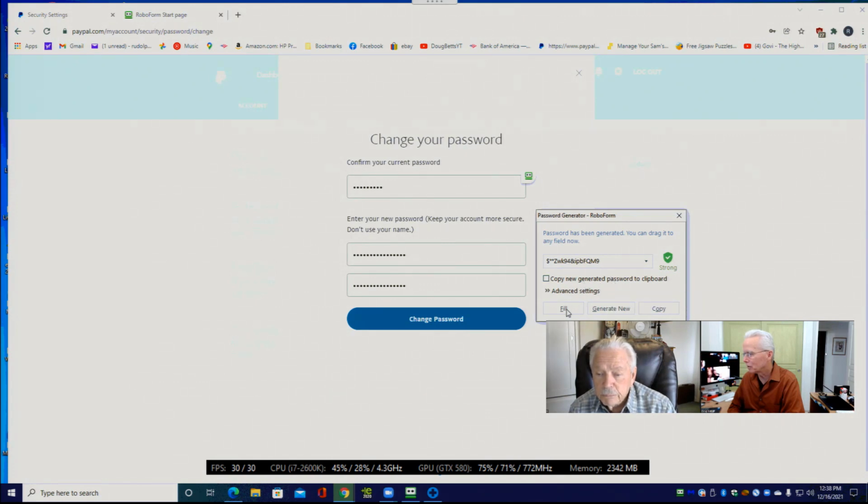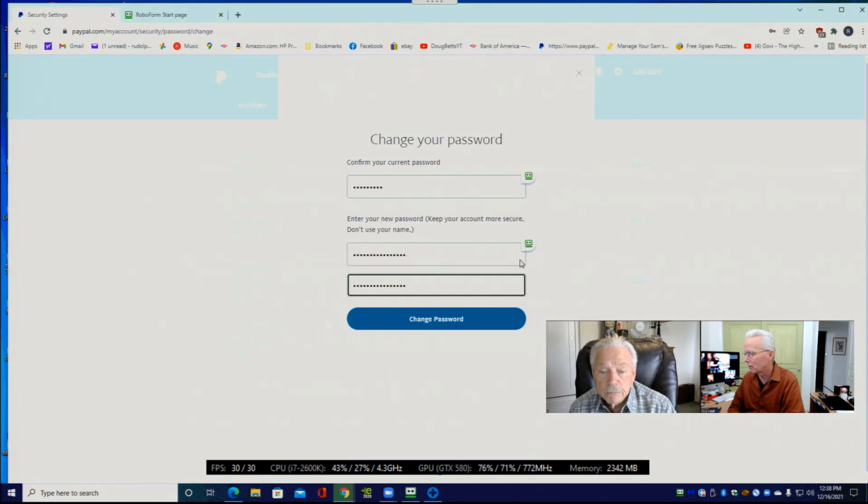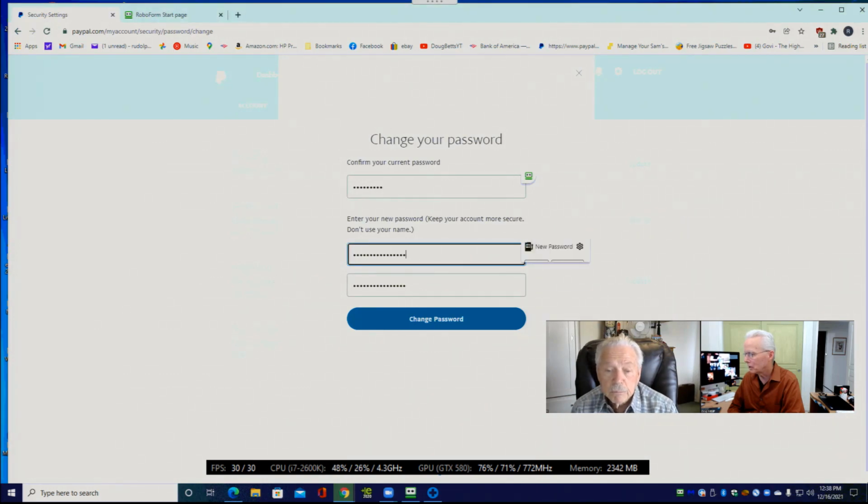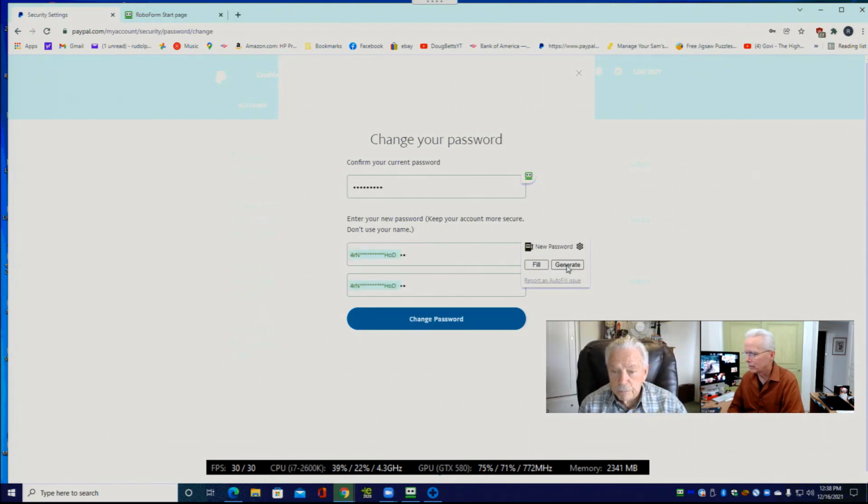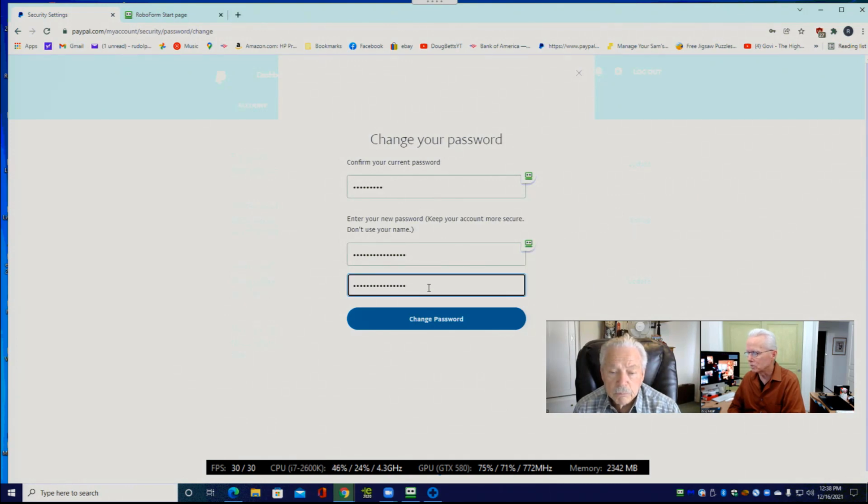Then if we click fill, that's going to put that password into here. And we're still not going to stay with that one. Come back up here and click here. Here's another generate. So here I think I'm going to be able to click this generate. We'll get a new password without it being displayed in full. See, it's partially displayed, enough that we saw it was different. And I think there's plenty of undisplayed characters there that I think we're safe using that.